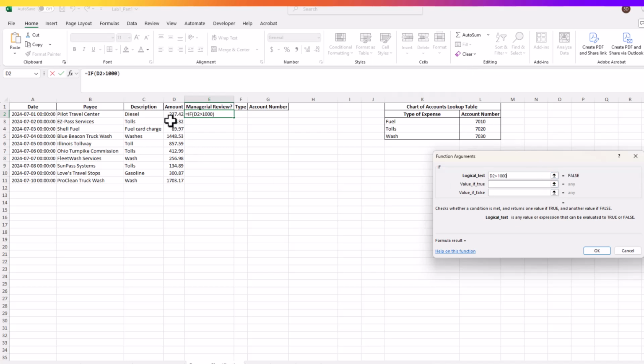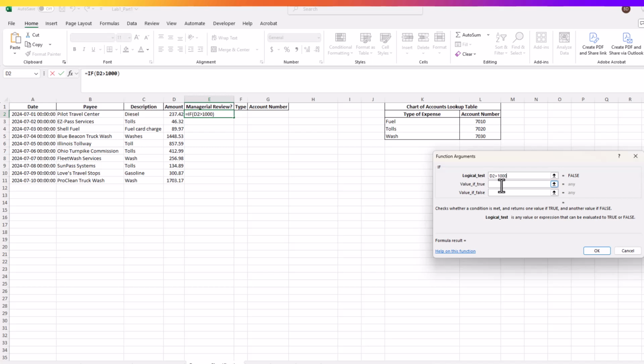Now we can see automatically, without doing that if function, that the amount in that particular cell was not greater than $1,000. It was $237 and some change. So that's what we see here, the result of false. But if we were to type in a different value here, maybe to update our page, and also when we fill this down below, some of these values are greater than 1,000. So even though we know the result of that formula, we still reference that cell and test it against that